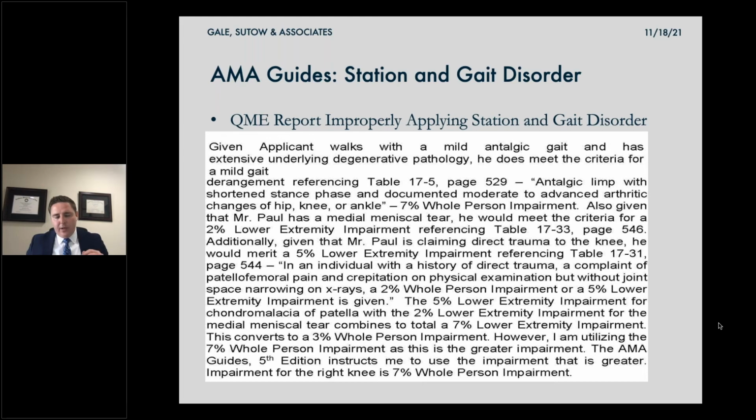When you understand the requirements for a station and gait disorder. So some of these aren't only about making sure that you're not getting stuck with additional impairment, but also getting these doctors to stop making the same exact mistakes over and over again. And the difference between 3 and 7% may not be huge, but when you're talking about approaching possible life pension cases, maybe an older individual, a higher occupational number, then you're getting large swings in terms of permanent disability. I mean, it's double the permanent disability. It can make a big difference.